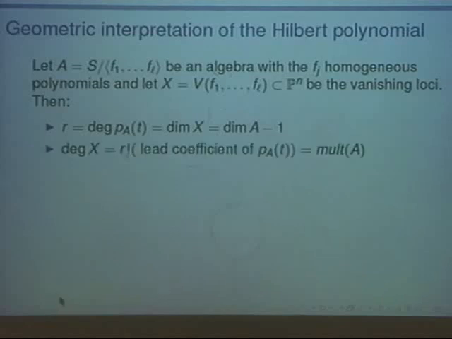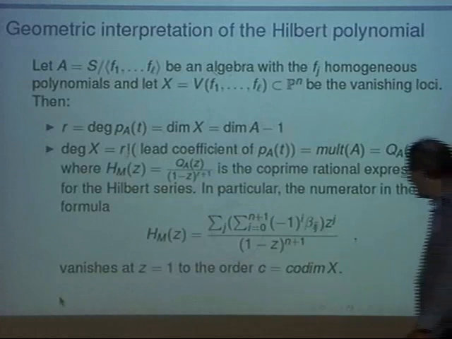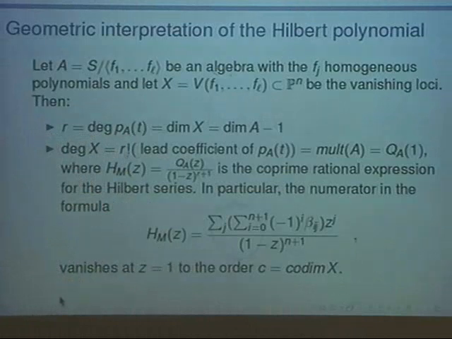The degree of X is r factorial times the leading coefficient of P_A(t), and that is also the multiplicity of M_A. We can also write the multiplicity of M_A by taking the Hilbert series and cancelling as much as possible. So